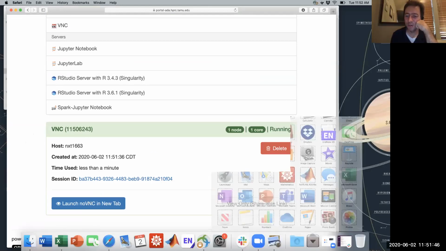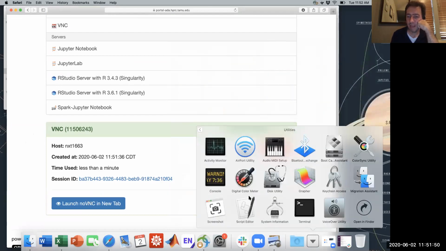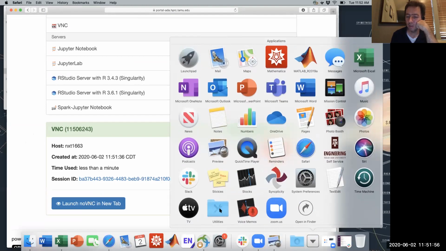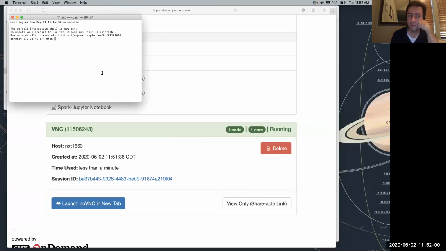All right, so by the way, if you go to utilities in Mac, and I don't know what the corresponding thing is in Windows, but in Mac, if you go to your applications folder and utilities, you see there's terminal. If you open your terminal window, I should be able to SSH directly to ADA, hprc.tamu.edu, like that.